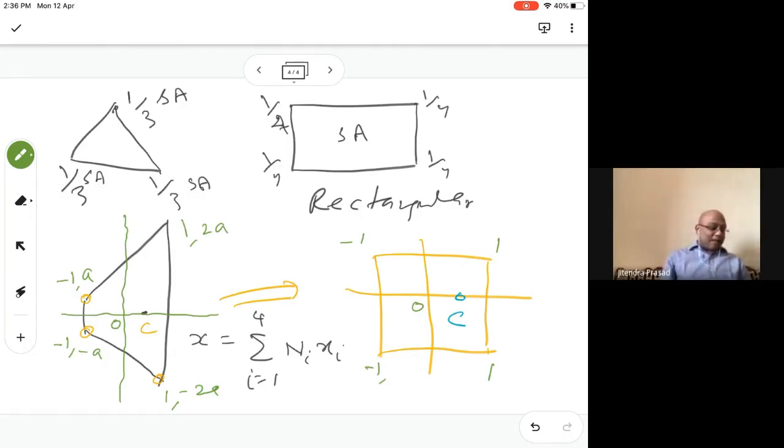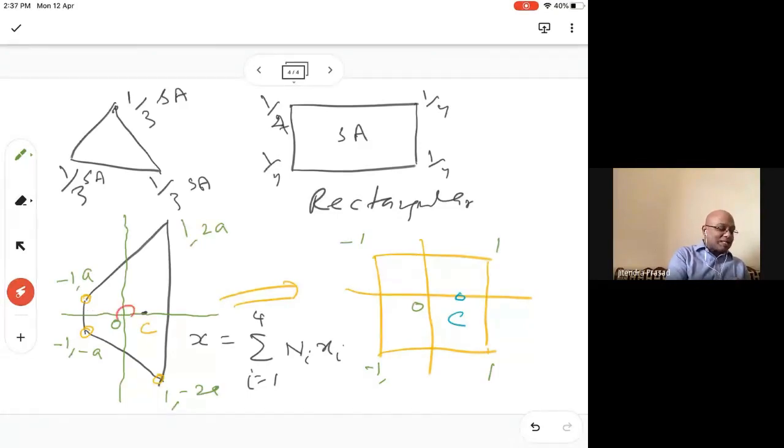Now since this is bilinear, right? It will have the x term multiplied by the y term. Now if you see, in both the cases the correspondence is 1 to 1. If x is -1, here also -1. When x equals 0, this is where x equals 0 is, and here also x equals 0 will be here only, midway only.